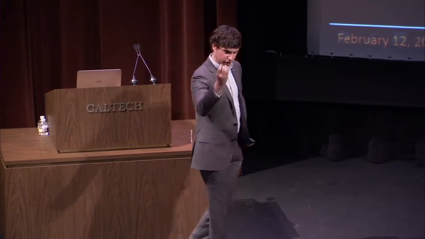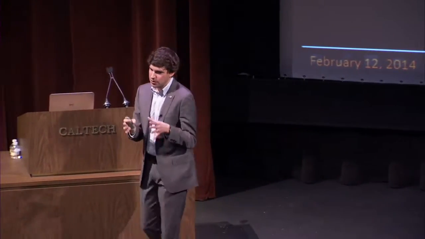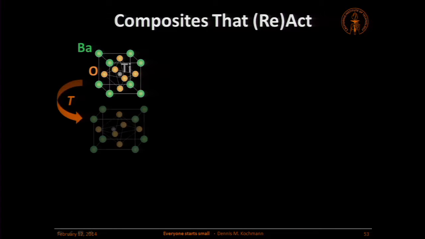Now what happens is when you change the temperature to low temperature, this structure actually changes. It does it exactly the way I showed in the movie. The atoms don't want to be in their state anymore. They deform and they go into a new state. And this new state looks a little bit different. It looks like this. That's what we call its trigonal state. You can see that the nice cube is distorted into this unit cell over here. The titanium atom moved a little bit over to the left.